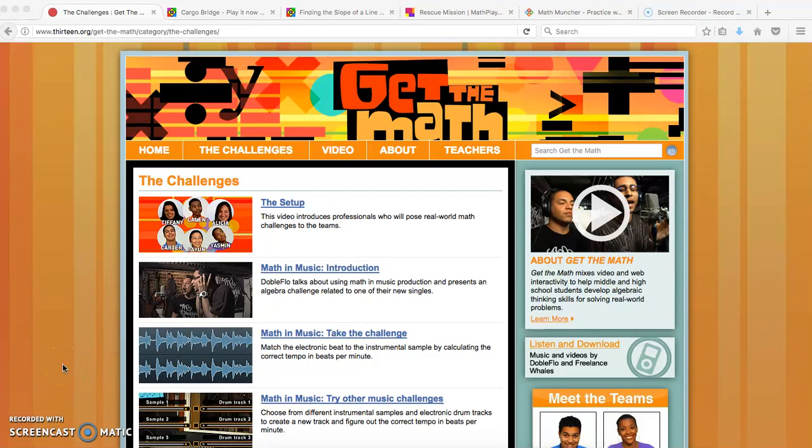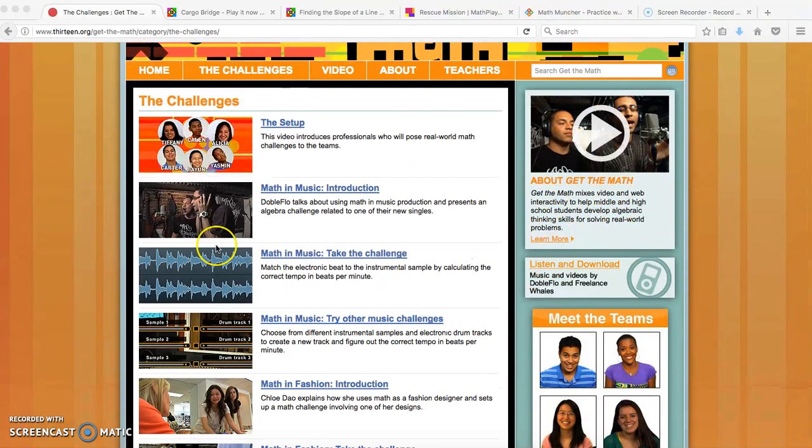So I had a lot of fun trying to find some math games online, and one of the things I found that was provided for me was this website called Get the Math. And what's really cool is that they actually provide a lot of real-world examples of problems you can solve using math. For example, in music, they were trying to do things like figure out how many beats per minute a certain excerpt